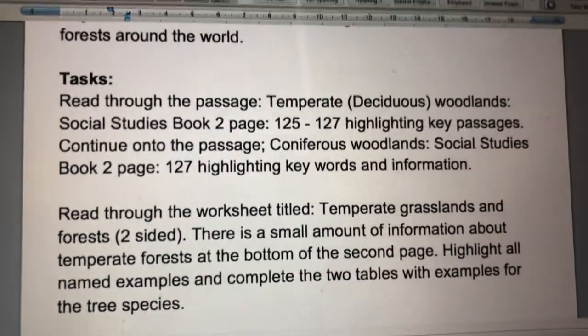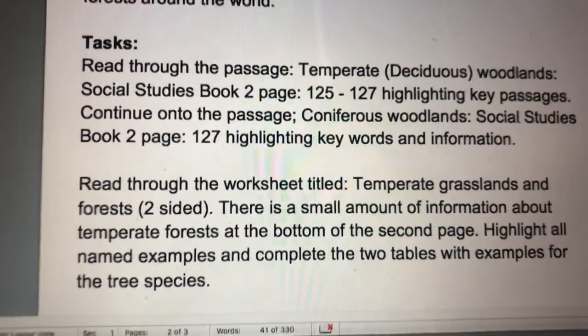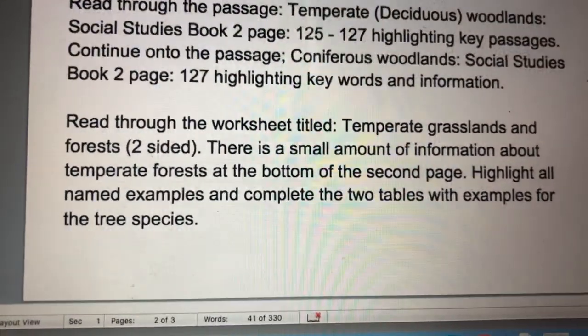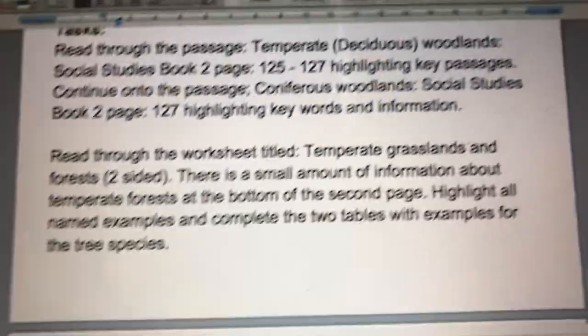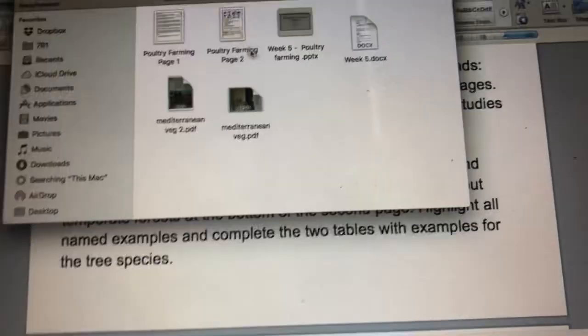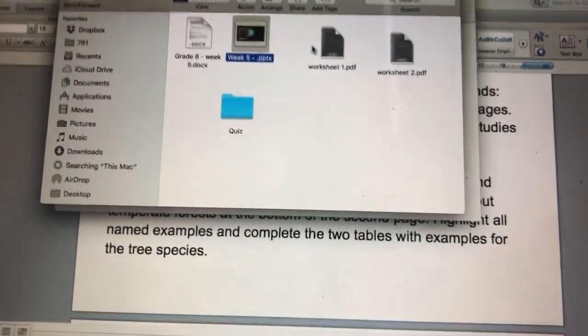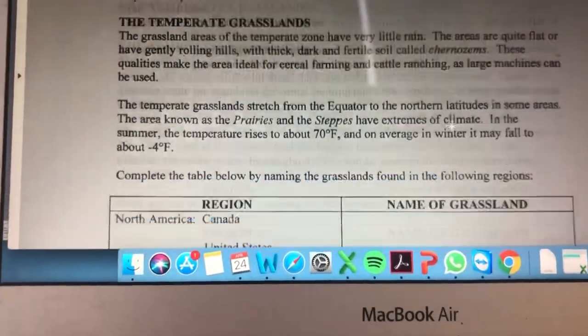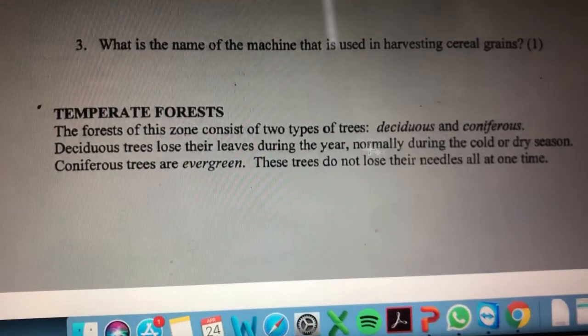Okay, read through the passage on deciduous woodlands, highlight the key passages, and then read through the worksheet, temperate grasslands and forests, two-sided. Now, you've already read one half already. So if I just open that up now. So you've already completed the temperate grasslands at the top here a couple of weeks ago. But then we've got here the temperate forests, okay? The forests